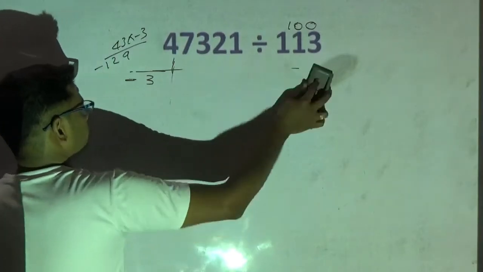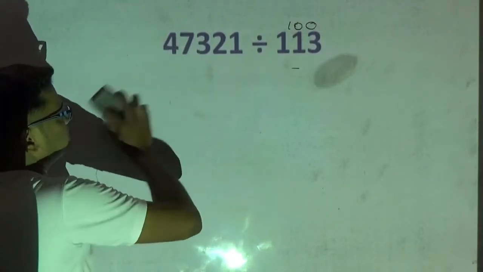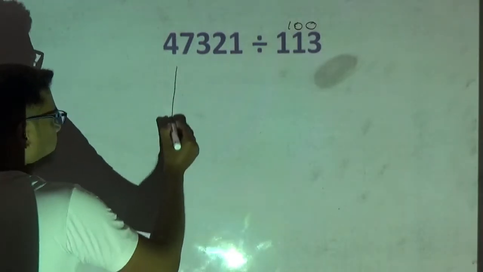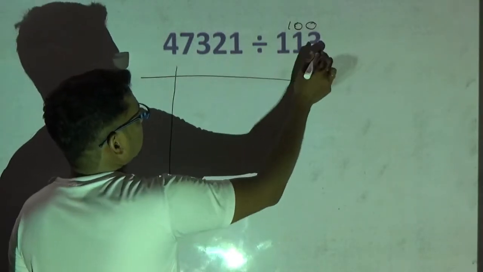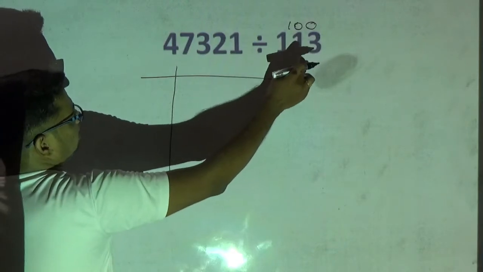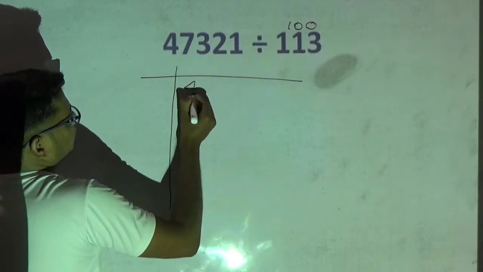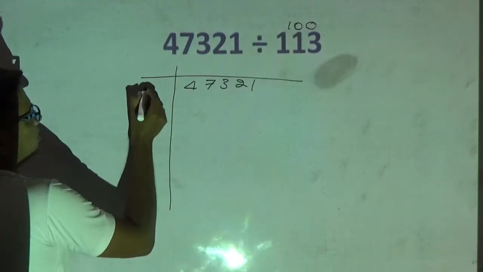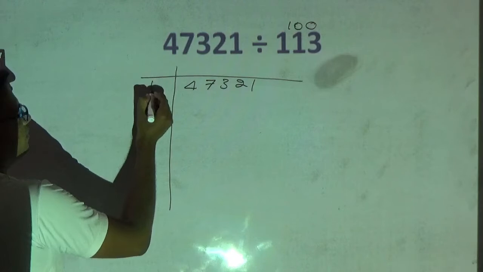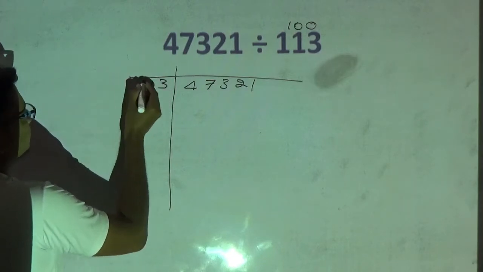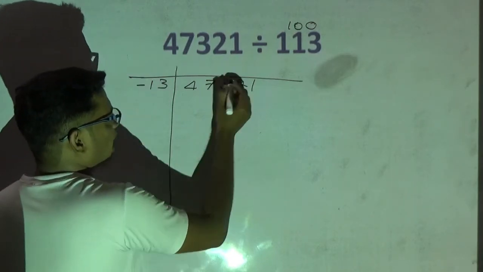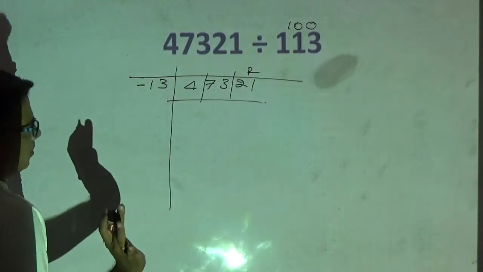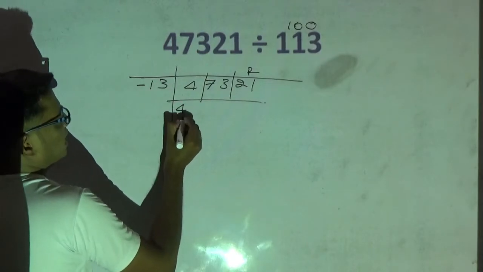Now, the base for this number is definitely 100. This is above by 13. Sorry, 13. 4732 is above 100 by 13, right? Above means minus in your division problems. Now 100 has 2 zeros, so I will split 2 digits. The rightmost digits are the remainder part. The leftmost digits you write as they are.